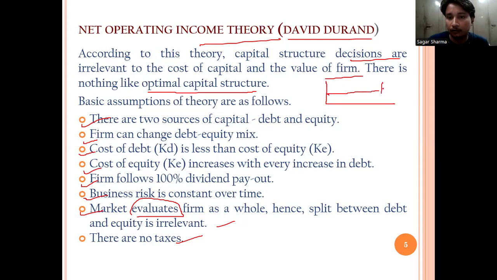So you can see the diagram of this theory. Cost of debt is also constant here, and cost of overall capital is also constant. Why? When you increase the debt, your cost of overall capital is constant, because your cost of equity will increase. If you want to take the advantage of low cost debt, when you take the low cost debt in your capital structure, it will also increase the risk perception of equity shareholders. That is why cost of equity will also increase, and your overall cost of capital will offset the advantage of low cost debt.